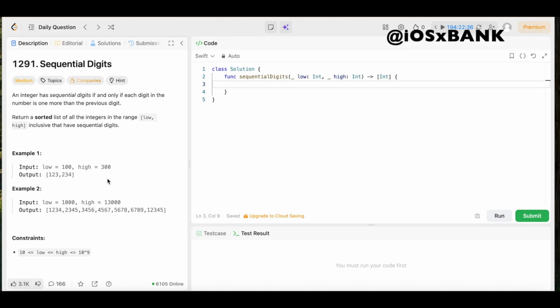Now, just in case that didn't make sense, let's take a look at example 2, where they give us a little bit bigger range of integers that we're dealing with. In this case, the input low equals 1,000 and high is equal to 13,000. So we want to find all of the sequential digits between 1,000 and 13,000, right? That's a lot of numbers right there. But as you can see, these are all of them right here. So the output is